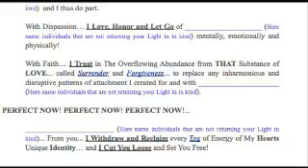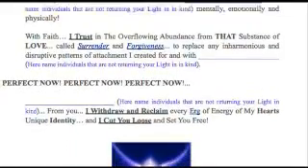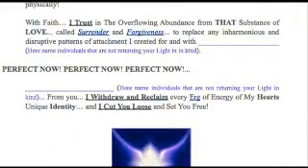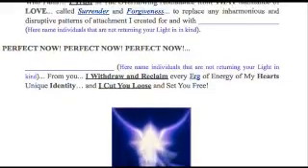mentally, emotionally, and physically. With faith I trust in the overflowing abundance from that substance of love called surrender and forgiveness, to replace any inharmonious and disruptive patterns of attachment I created for and with, and then again name that person. Perfect now, perfect now, perfect now. From you, I withdraw and reclaim every erg of energy of my heart's unique identity, and I cut you loose